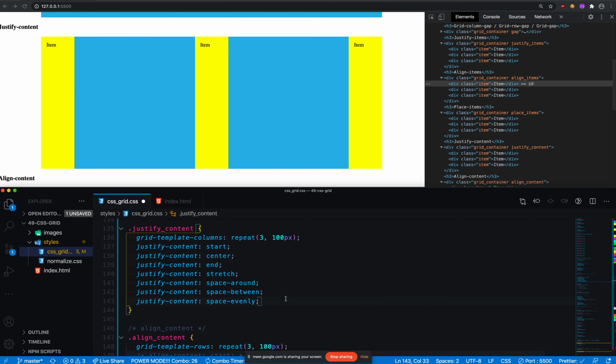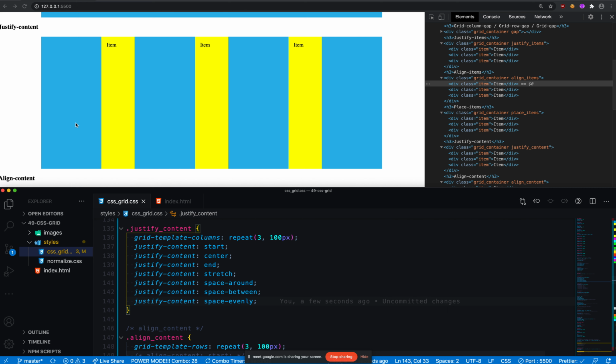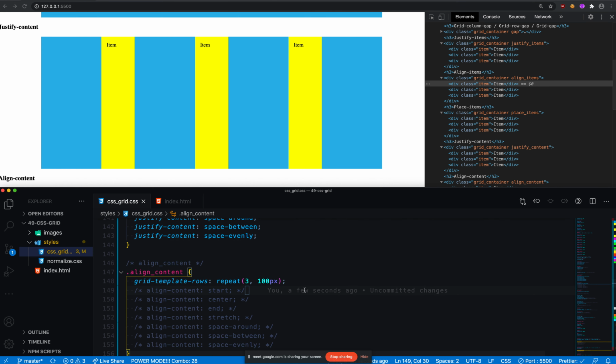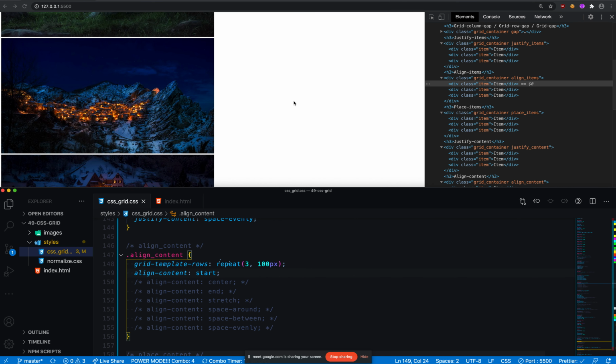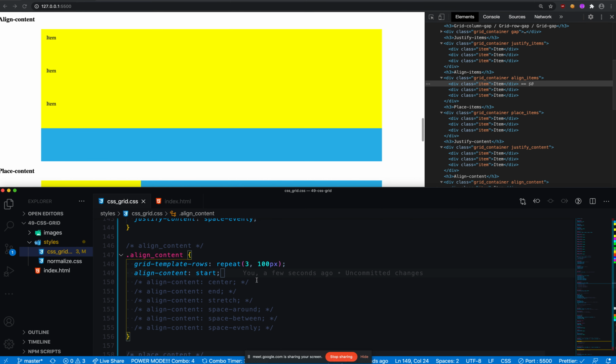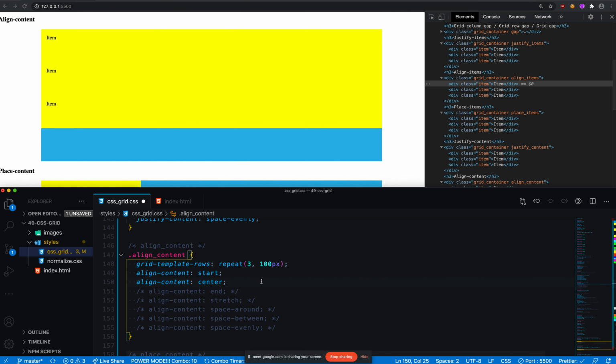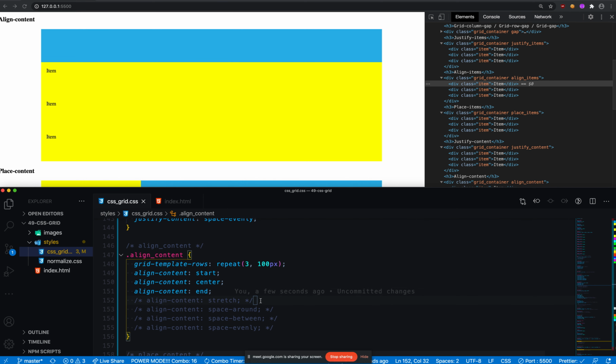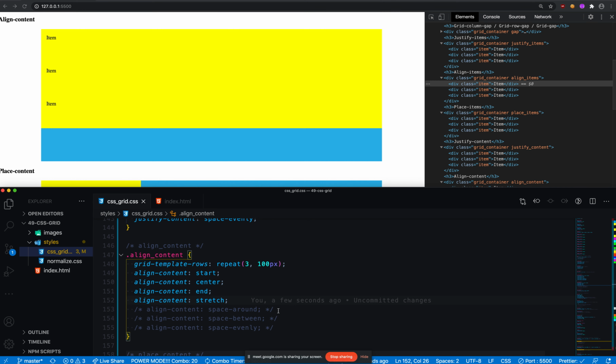Space evenly is an equal distance from each item to each end, basically. Align content would deal with the rows. So start as usual. Then we have center, end, stretch,